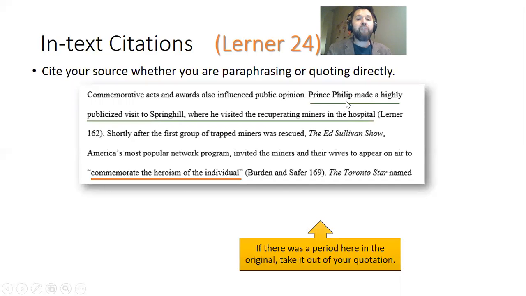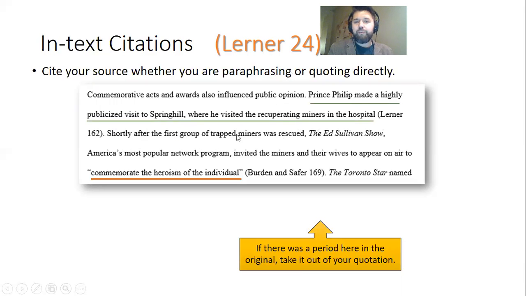Those words were rephrased by the author of this paper so that they would match the style of what this author was writing about. So you can see we've got Lerner, the name of the author, and the page number 162. Let's take a look at the second sentence, though.